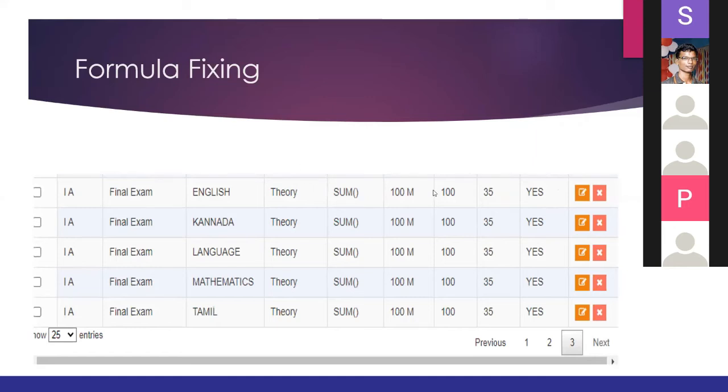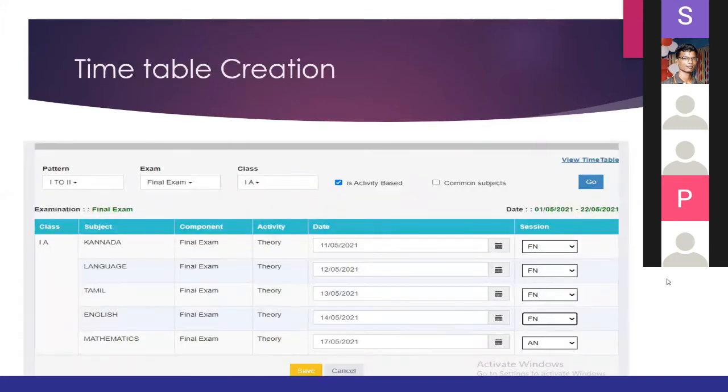Once the formula is fixed, you go straight to the timetable creation page. Here I created one model timetable for the examination. Examination name, final examination. Kannada subject will be held on 11/5/2021.